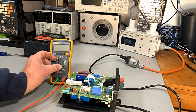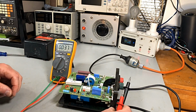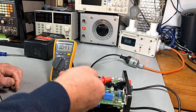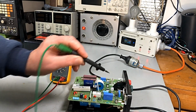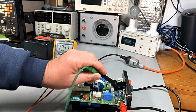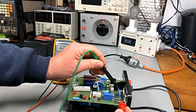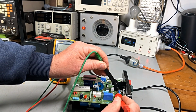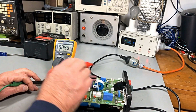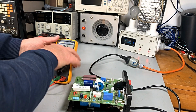Do we have AC voltage? Let's check our AC. Now our AC is between those 2 points there. Let's see. And yes, we've got 230 volts, as you can see there. 230 there, 230 there. So something, somewhere, is sort of not playing ball. I think the next trick,